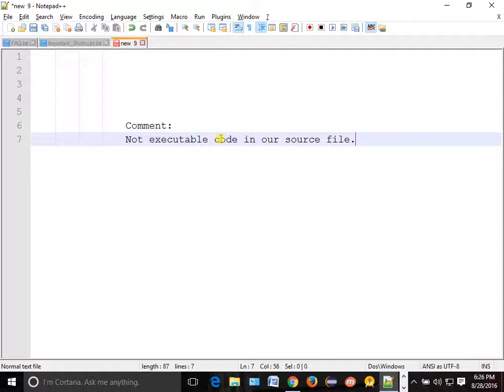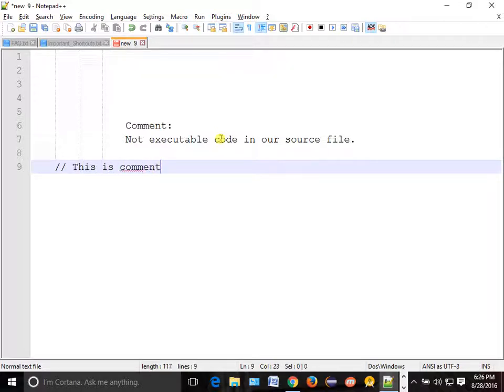We just write two slashes, and here I write a comment: this is comment. Got it, right? This is the way we comment the code, and this is called a single line comment.